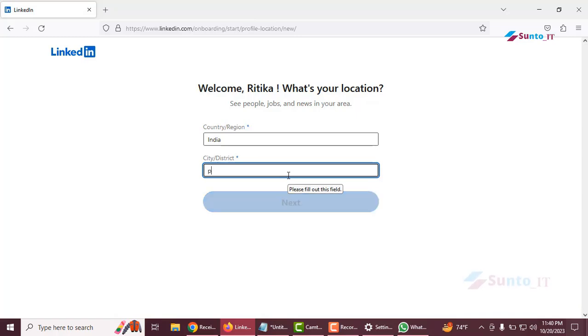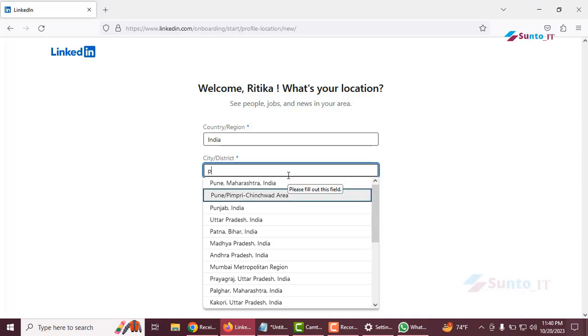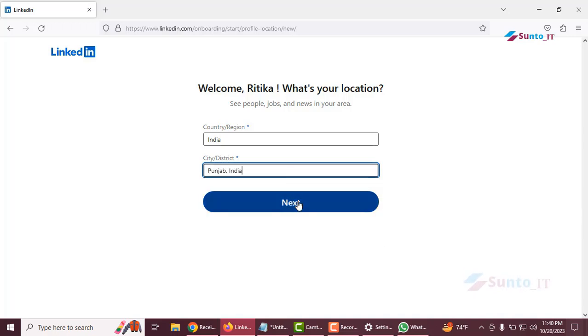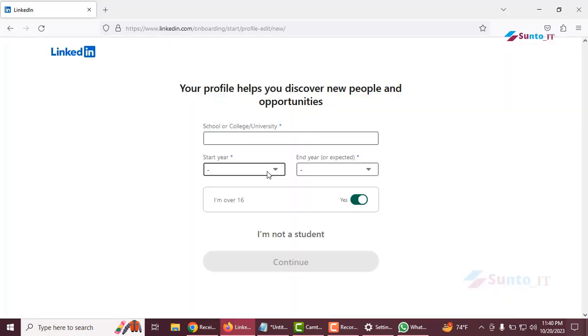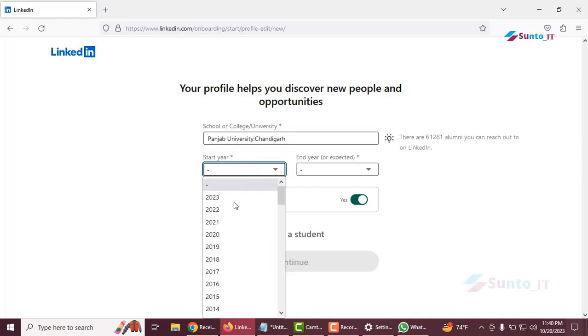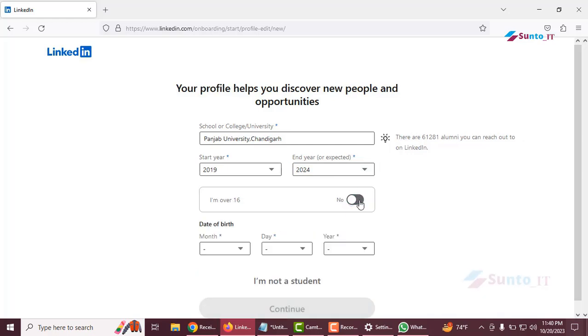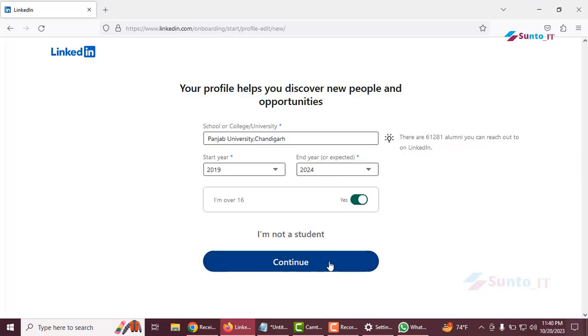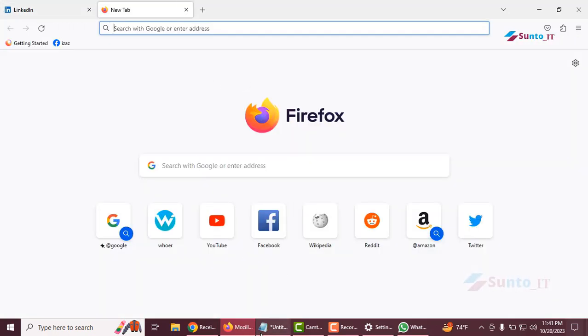I'm putting here, let's see, let's put Punjab. Okay, next. I am putting student here. Okay, 2015. Mine will end, let's say, 2024. Okay, continue. A code has just arrived in my email. I have to